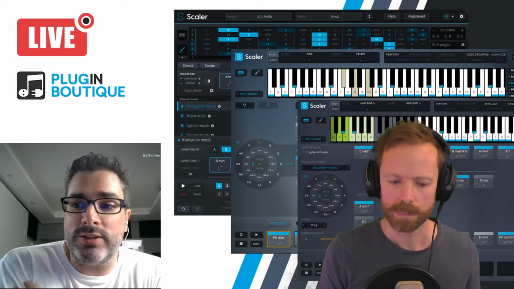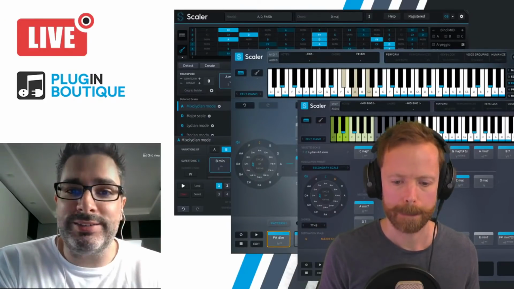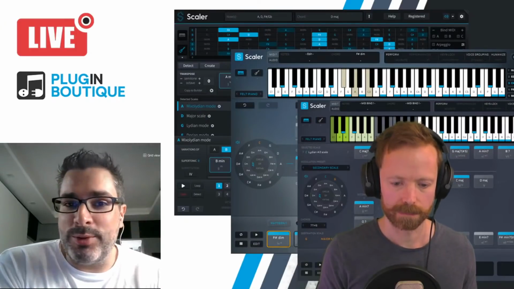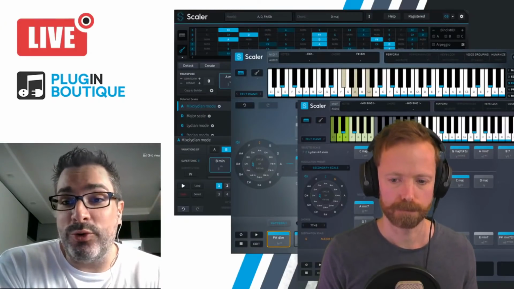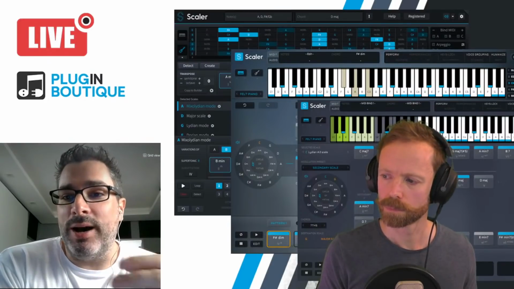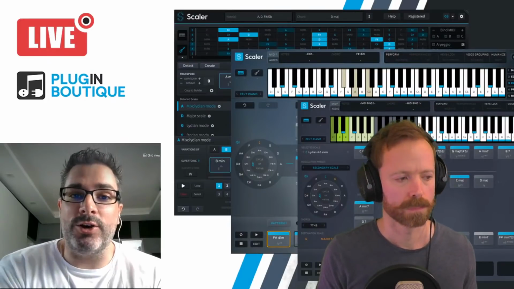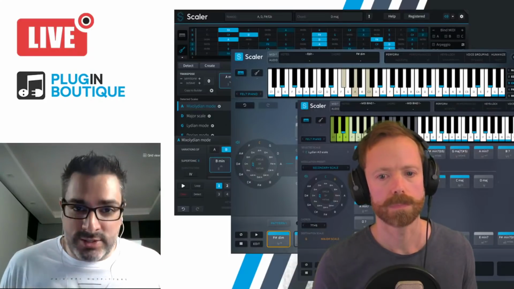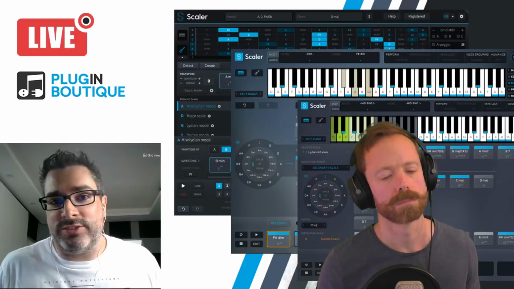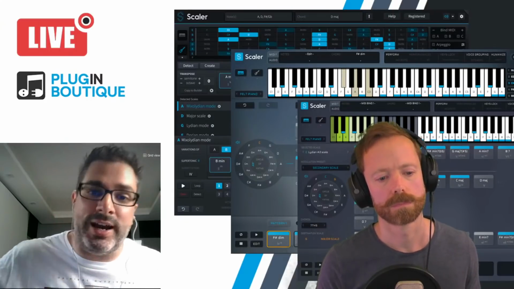And for someone like me who has no idea what any of that means or how to even begin to think about it, jumping into the modulation page inside of Scalar 2.4 gives me the roadmap to actually apply that to my music. So that's a very common thing to do. And until Scalar, it was one key for the entire track.